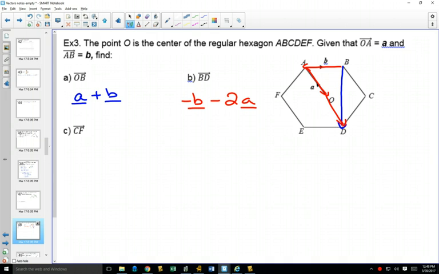Okay? Can you see that you could have gotten from B to D going this way? Oops, I want to go red. Could have gone this way and then this way. Can you see that this one is a negative A? And this one would be a negative of,